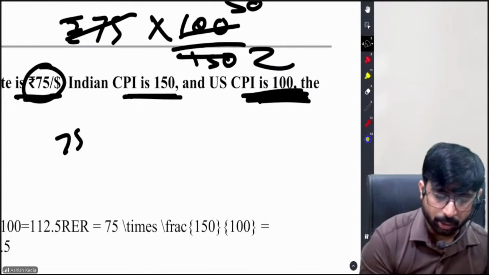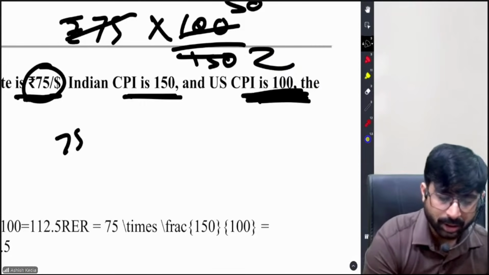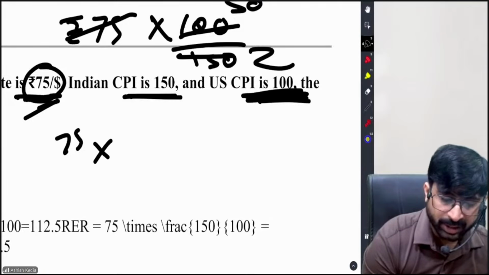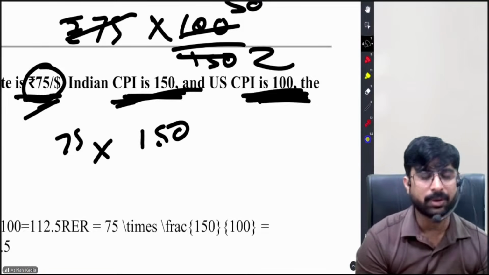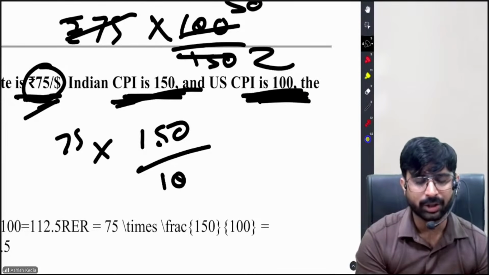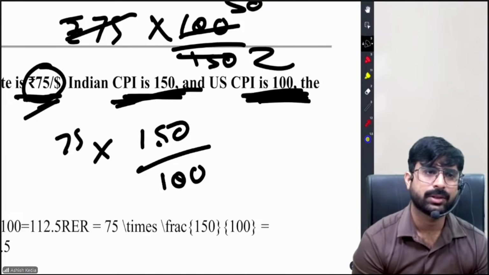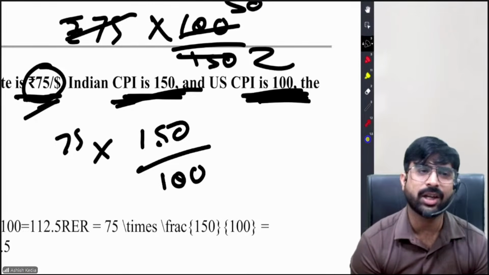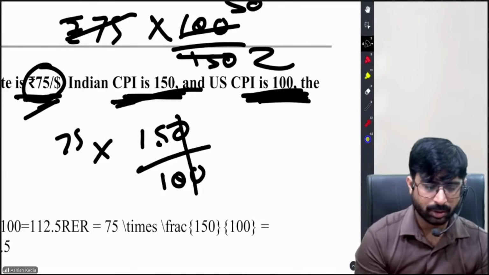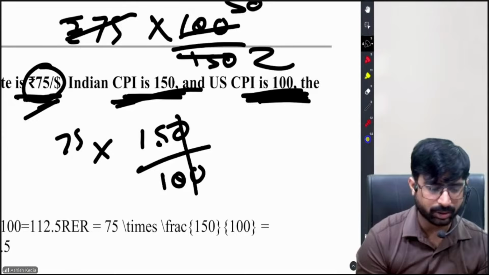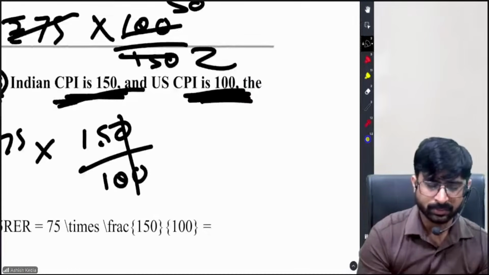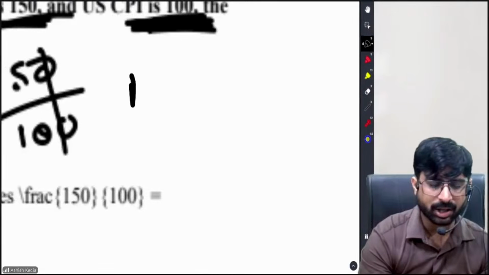But as per the institute's material, you would do what? 75 per dollar into, always remember, the Indian CPI you will keep above, means the Indian price of the good, and the US price you will keep at the bottom. This is what has been written in the ICAI material. We will follow that. So 112.5 is what your answer is. 112.5. So write it down. Real exchange rate equals